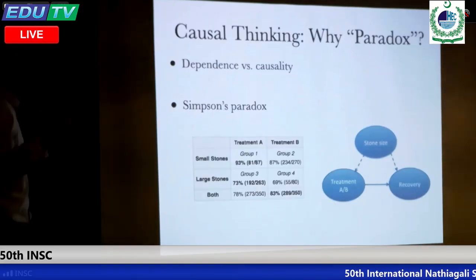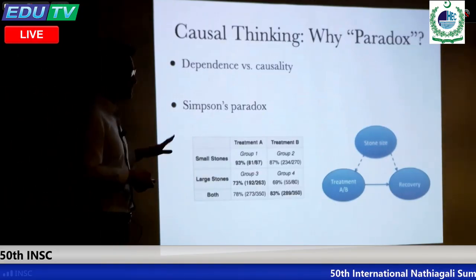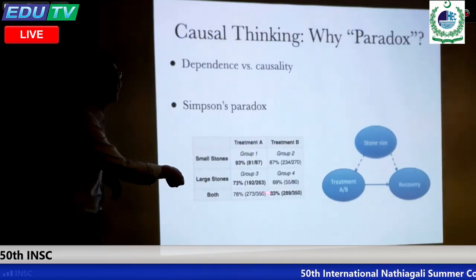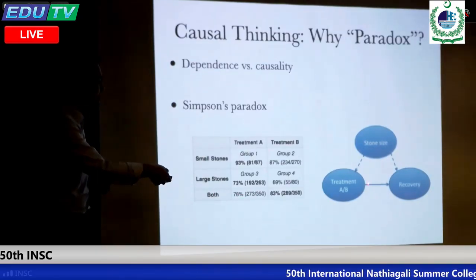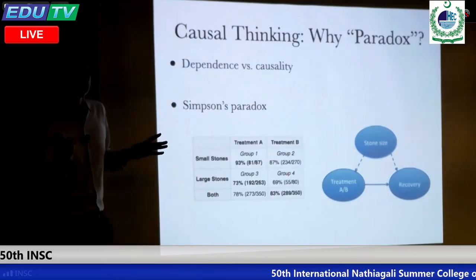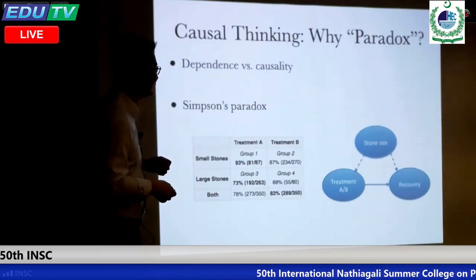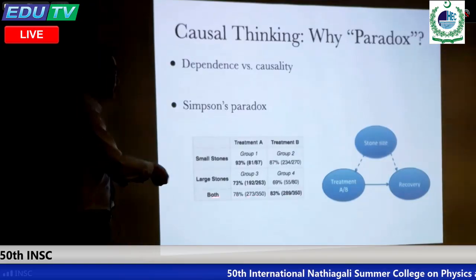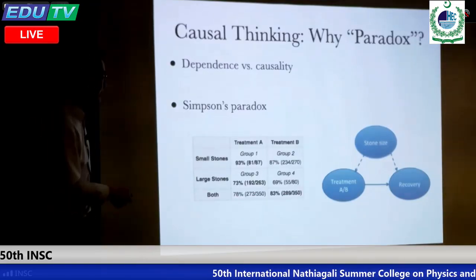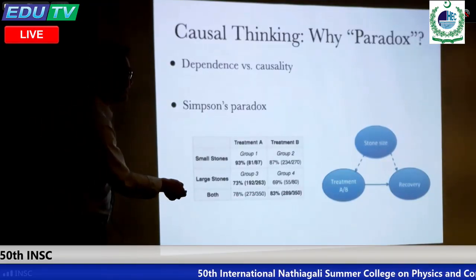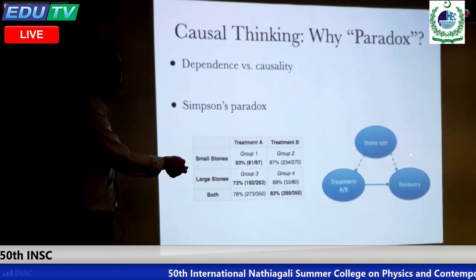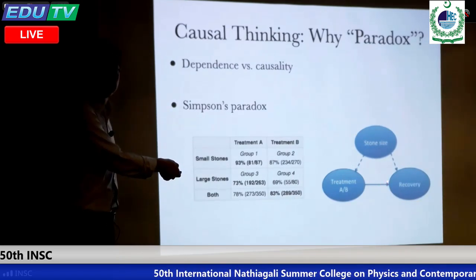So basically here, later you can see why we cannot trust this rule, why we cannot trust the data put together like this. We would like to recommend A or A, which is A. Later you can see how we can answer this question. Why? The problem is as follows. This rule talks about the association, the dependence between treatment and recovery. However, in this case, the stone size is a common cause of treatment and recovery.